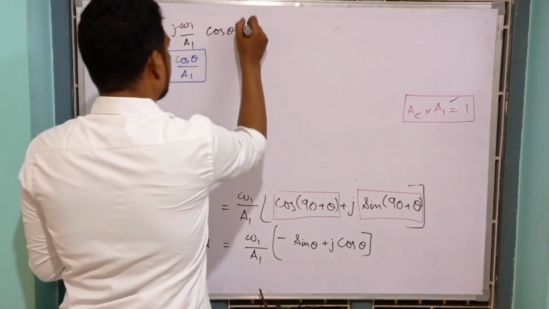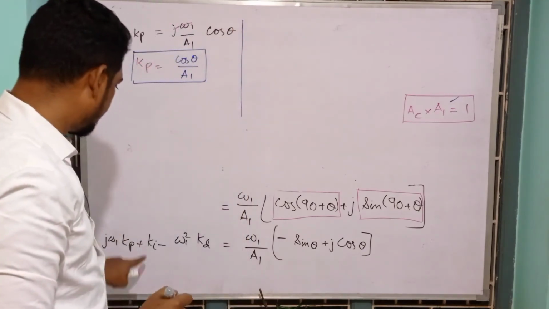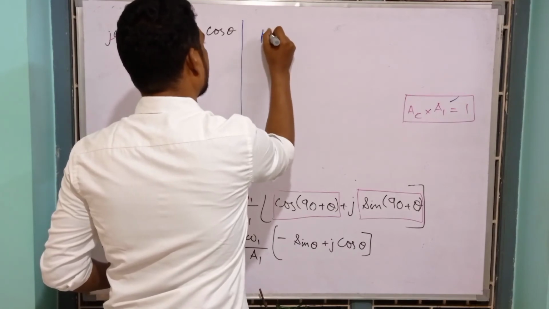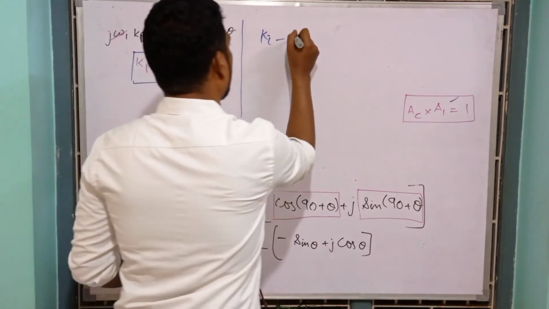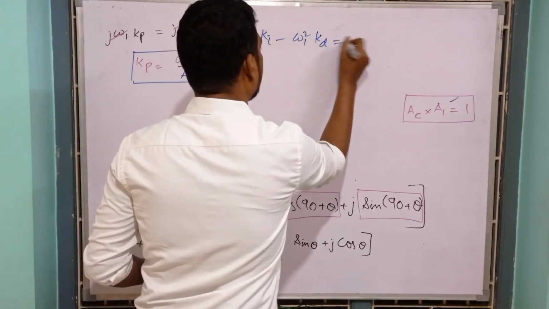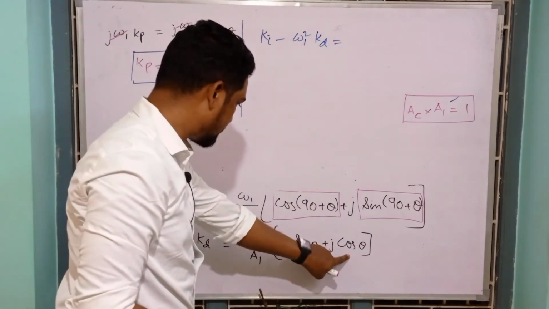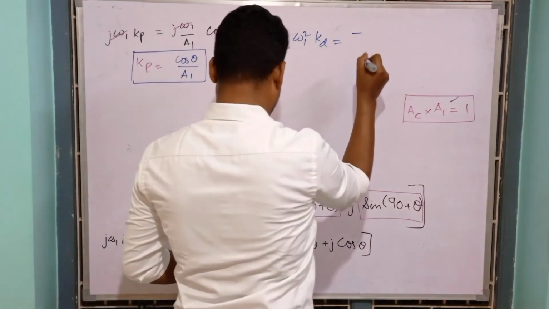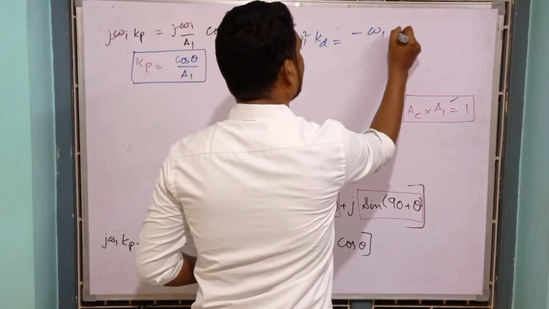On the other hand, equating the real terms, what is that? ki minus omega 1 square kd will be equal to, we are done with the imaginary, so the real part will be minus of omega 1 sin theta